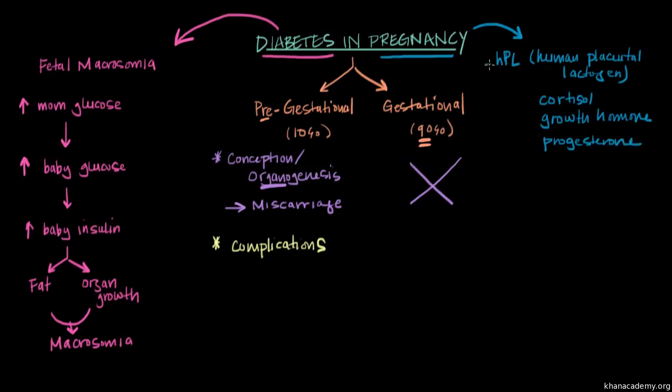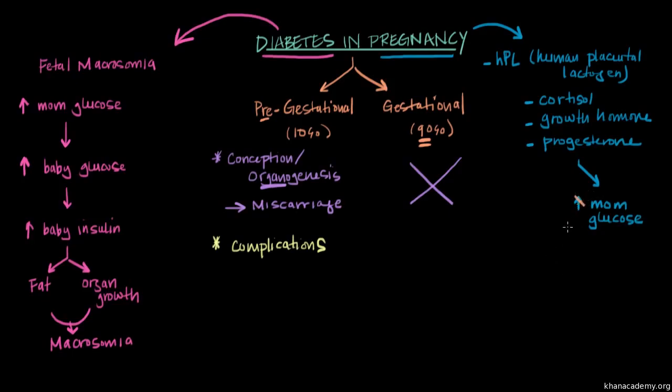So these hormones are released during pregnancy, and they have lots of important roles. And among their many, many roles, these hormones increase mom's production of glucose during pregnancy to make sure that the fetus has enough of the glucose, enough of its primary fuel source. And that leads to high glucose levels within the mom's blood. And you might be thinking, well, that's no problem because the glucose will cause insulin to be released. And that insulin will cause mom cells to take up the glucose, and problem solved. You don't have high glucose levels in the blood anymore.